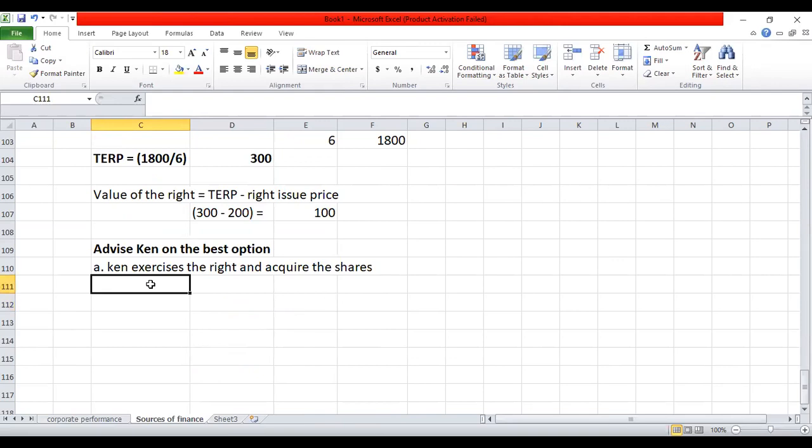Now, if you look at this one, the first option, we are saying Kenny is going to exercise the right and acquire the share. How many shares does Kenny have? So we shall have the existing shares,